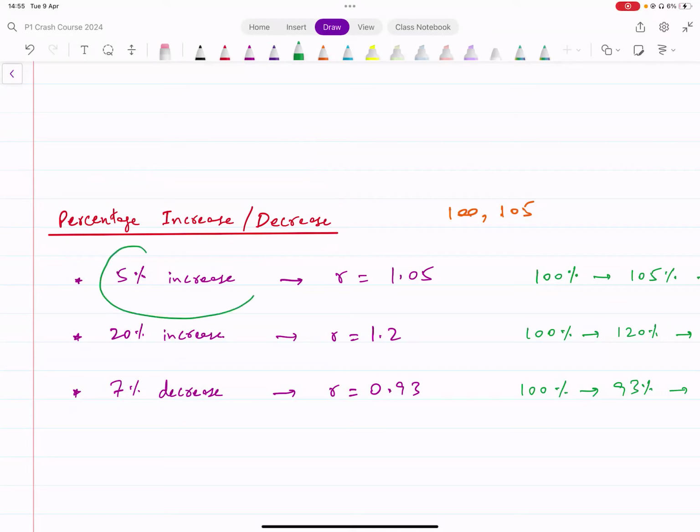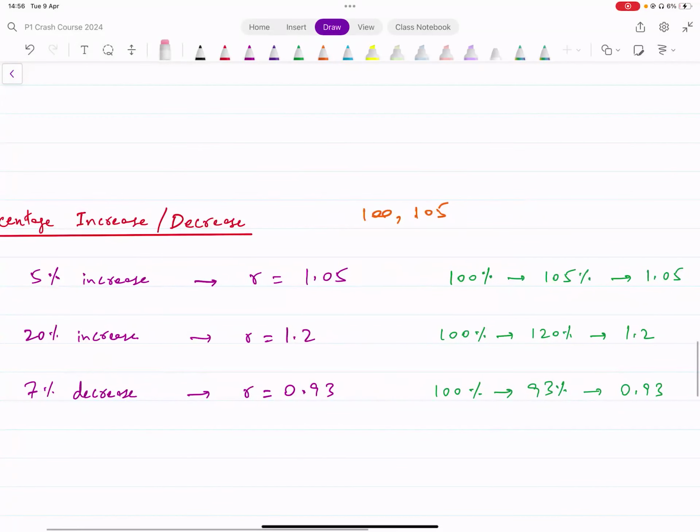If there's a 5% increase, you can think of it like this. It was 100% initially. After a 5% increase, it will go to 105%. What is 105% in decimals? It's 1.05. Similarly, if it's a 7% decrease, that means if the original number was 100%, after a 7% decrease, it would go to 93%. What is 93% in decimals? That's 0.93. So that's how you find the ratio